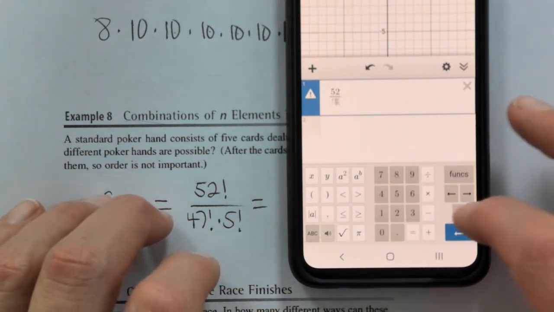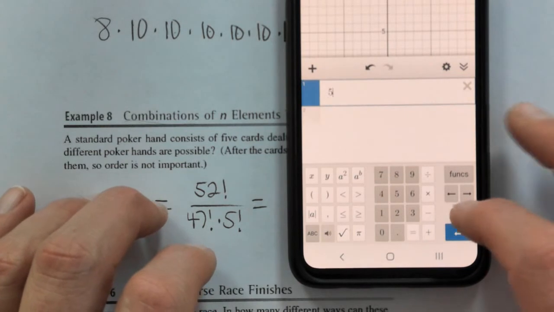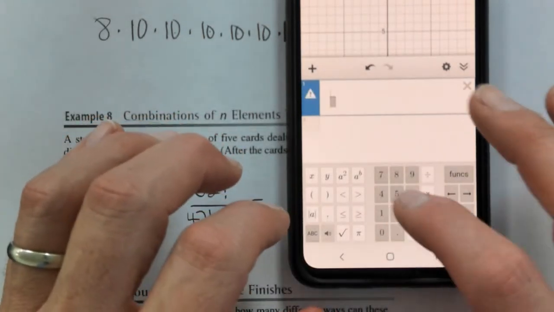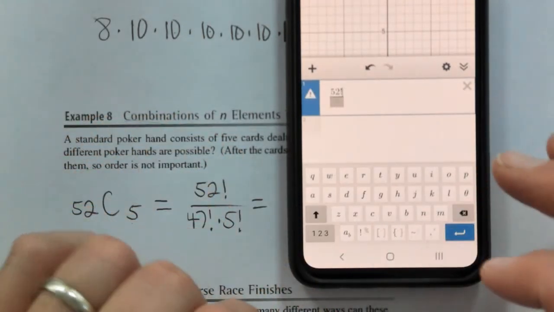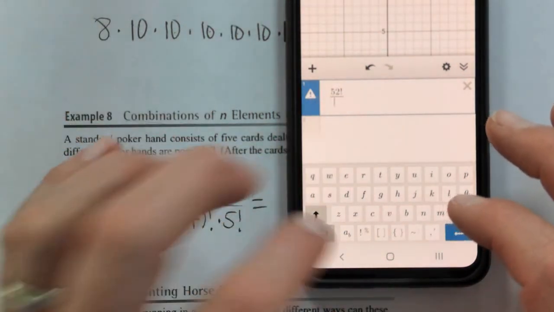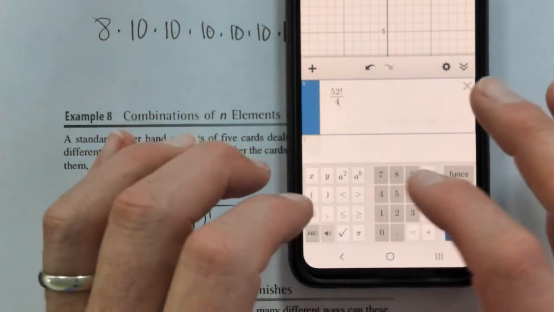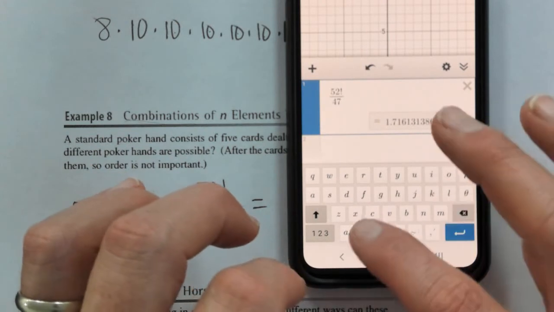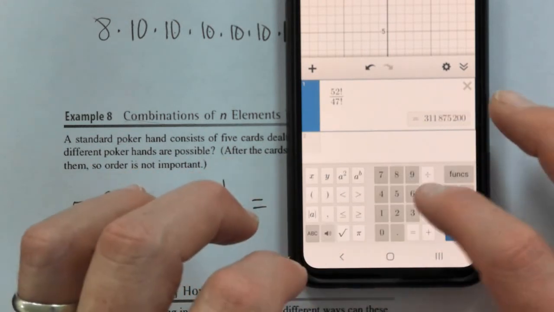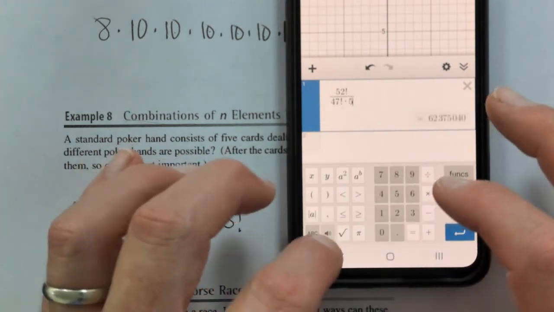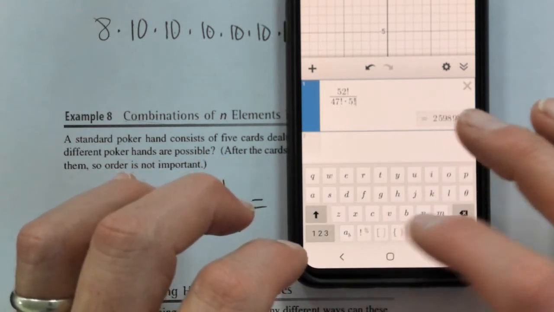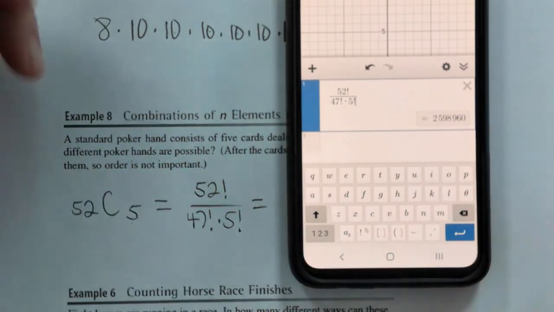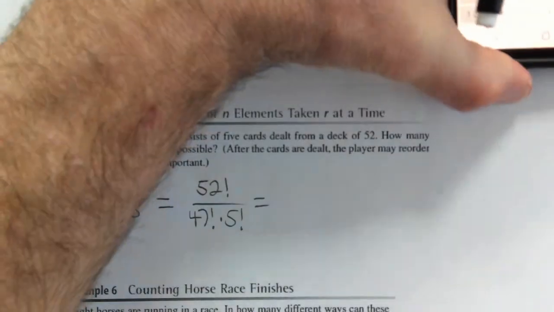Oh, I hit that in the wrong spot because I moved out of the way. Let me just start all over. All right, so I need 52. We'll go here. There's the factorial. Come to the bottom. Need my numbers again. 47 factorial times 5 factorial. And then, so there's our answer. It's